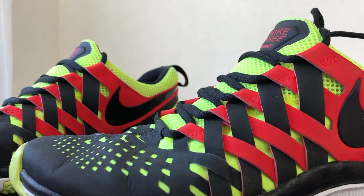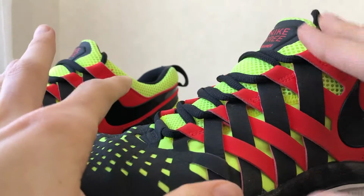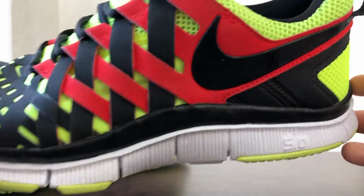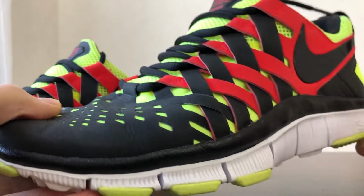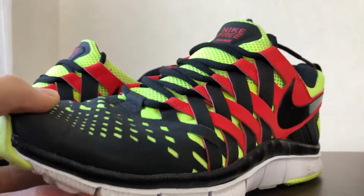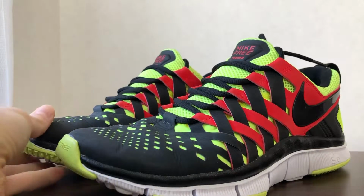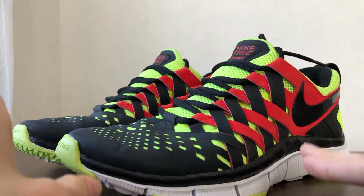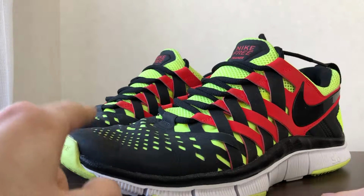And the other thing is, at that time, I really liked the idea of Nike Free. I liked the whole exercising barefoot. That whole idea seemed very unique to me. I've kind of gotten over that. I don't really think it's as fantastic since I've gone through a few pairs of Nike Free shoes now. For training, I don't know that I could recommend a pair of Nike Free trainers,